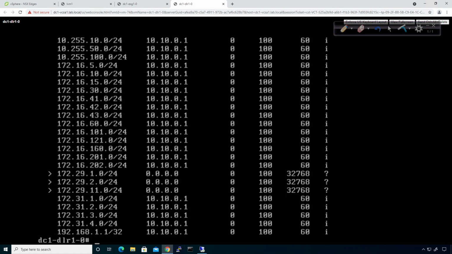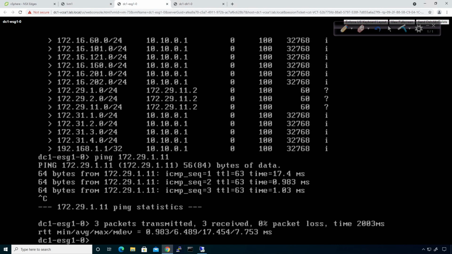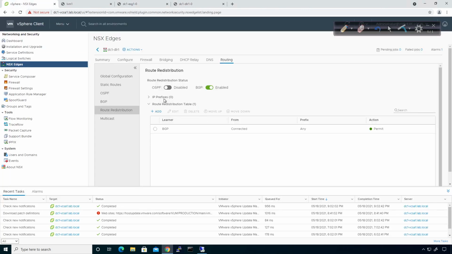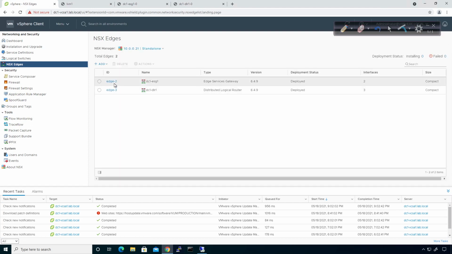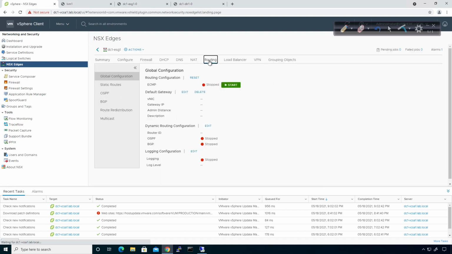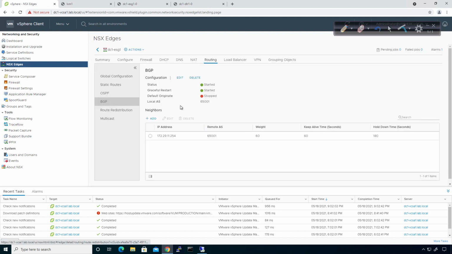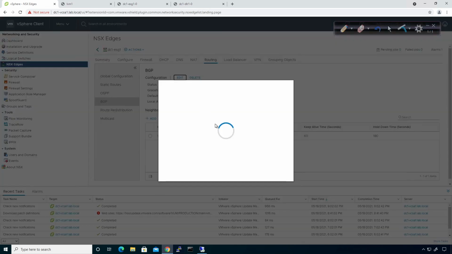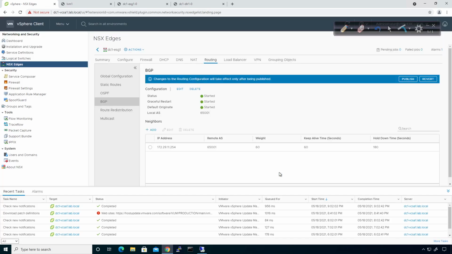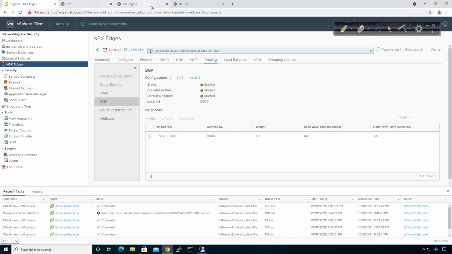So what I could do is I can reboot it, because it is a software service. What I can cheat if I wanted to on the Edge Services Gateway, let me come over here to the ESG, and then the routing connection, I can go to BGP, and I can do, let's edit the default information originate. Go ahead and save that. It's going to publish it, and so as soon as it publishes it,